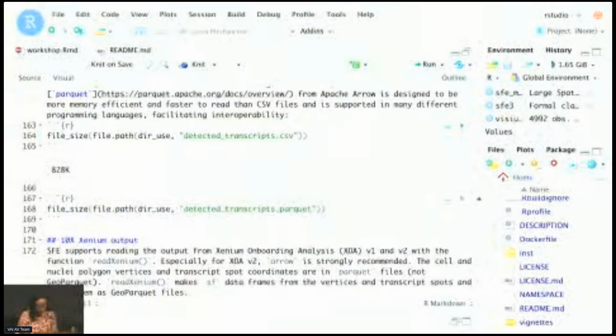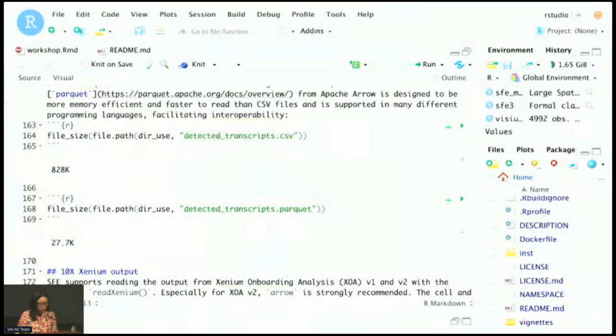Here we can see that even for the toy dataset, the GeoParquet file is much smaller than the original CSV file. For the dataset with the 30 gigabyte detected transcripts CSV, after processing the GeoParquet file is much smaller, so I have no trouble loading it into my laptop's memory.